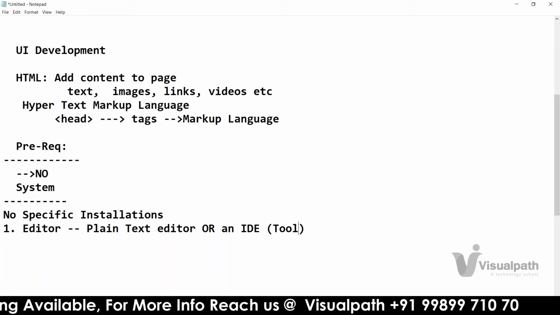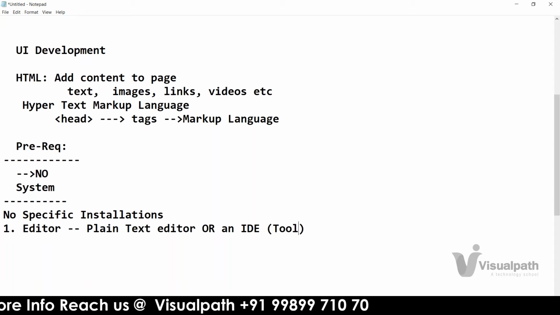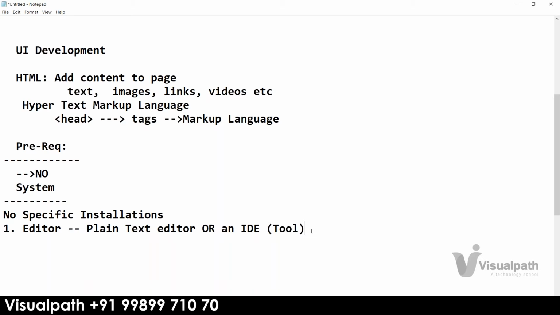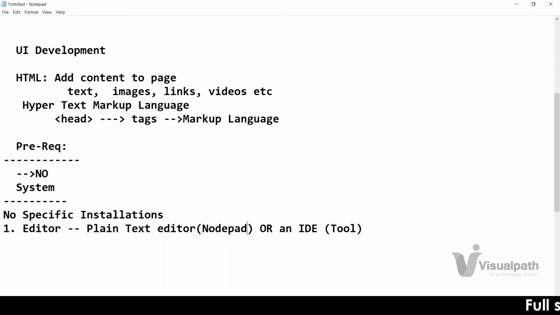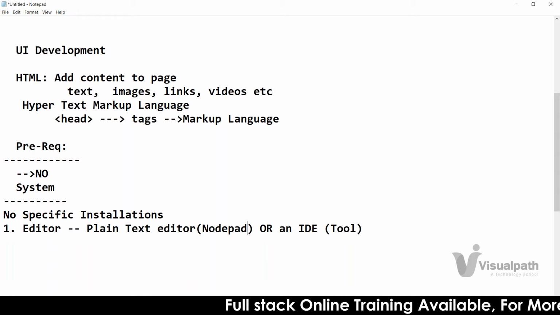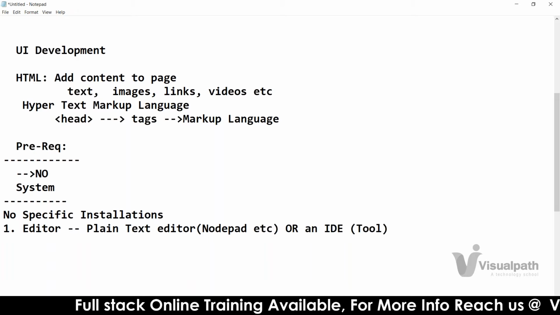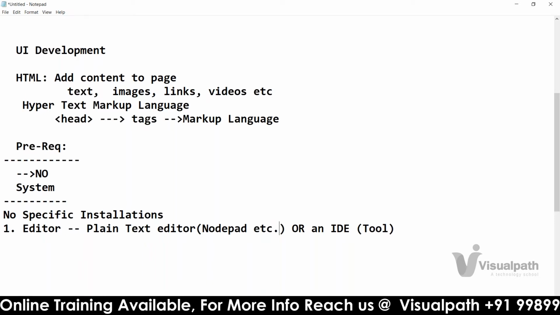After 2-3 sessions or after 4-5 sessions, we'll start using that one. Which one to install, I will help you. When it comes to the plain text editor, definitely you'll have Notepad in your computer, provided you are on Windows. If it is a Mac system, you'll have something else, which is similar to Notepad.